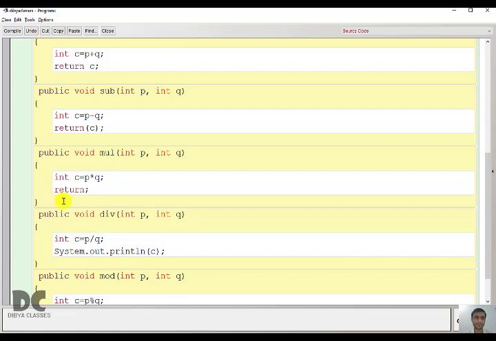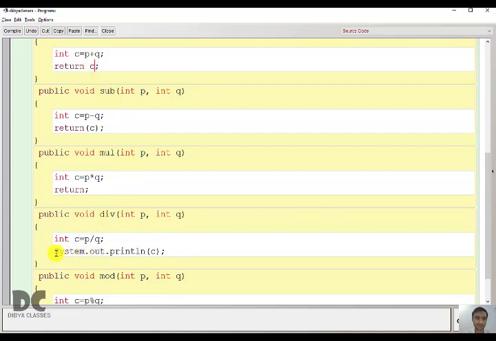See, you can give brackets, you may not give brackets, it is optional. You can keep the variable inside parentheses or without parentheses also. Here without writing a variable you can also write a value directly. If you write 5, 5 will be returned, but I don't want to return 5. Here I want to return the value of C.